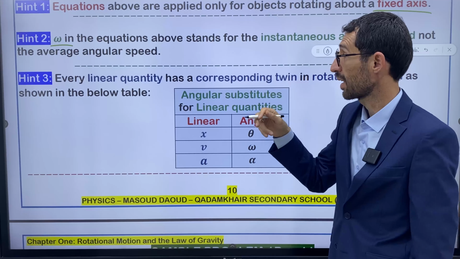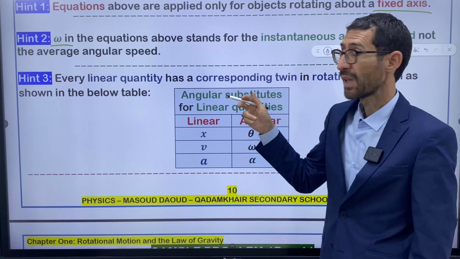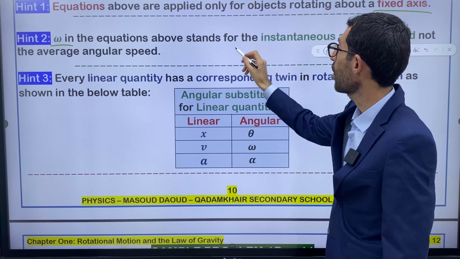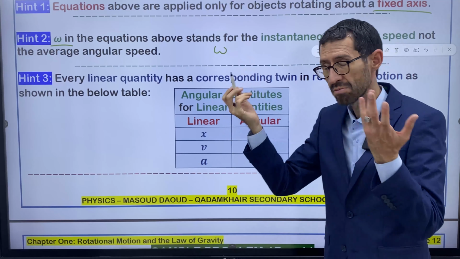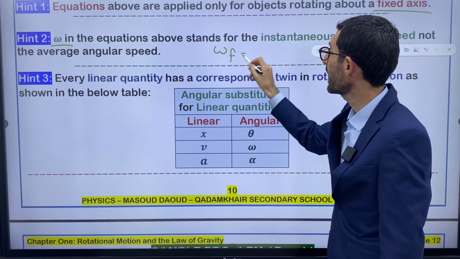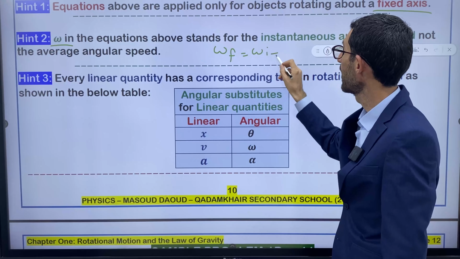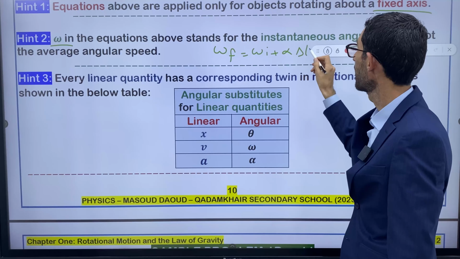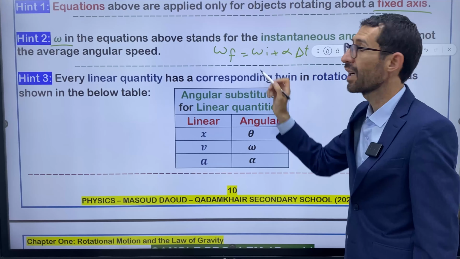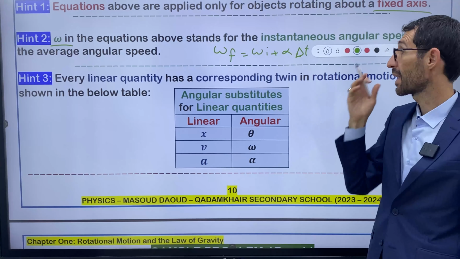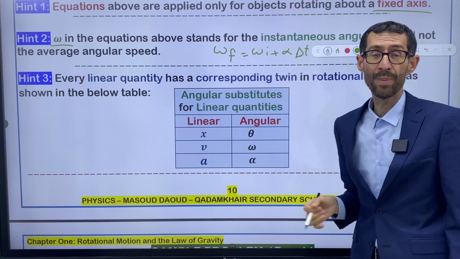For example, in one equation, omega f is equal to omega i plus alpha delta t. These values of omega